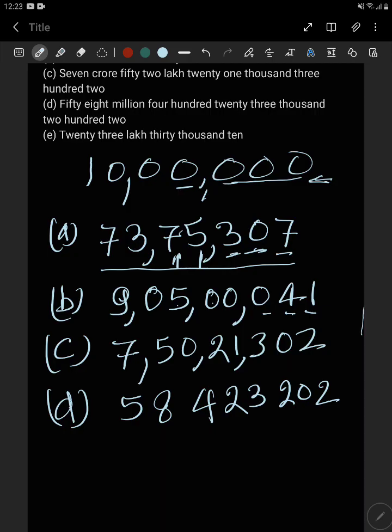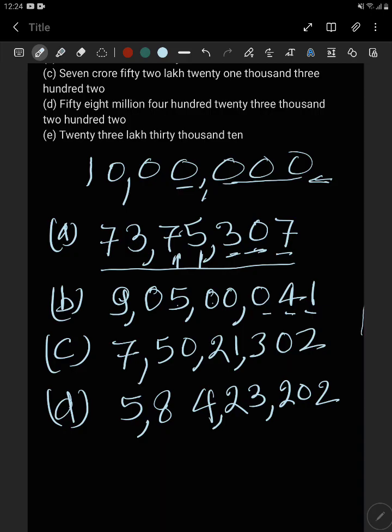So if we write in the US system, meaning million, billion, then we have to put a comma after 3 digits here and after 3 digits here. So in the US system they put the comma after every 3 digits, but as we are writing the Indian numbers here, we'll put the commas as per the Indian system. Okay. So in the Indian system we start from the right side, and first we'll put a comma after 3 digits. So after 202 we will put a comma here, and now after this we'll put a comma after 2 digits. So after 3 and 2 we have a comma here, and now again after 2 digits, after 4 and 8, we will put a comma here.